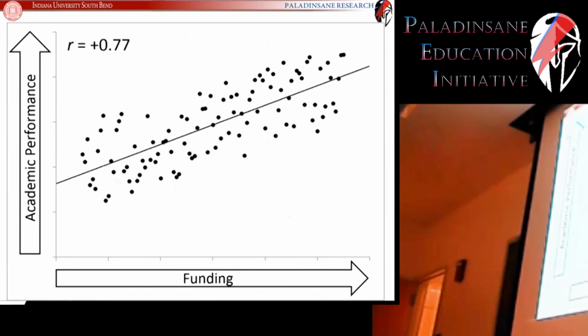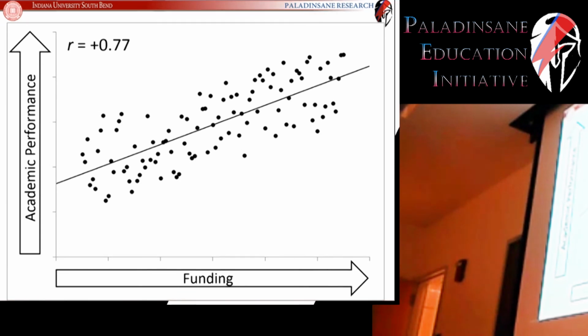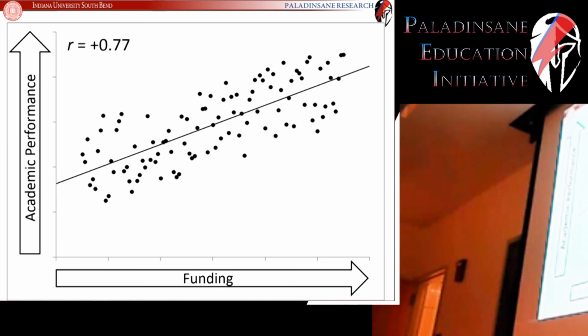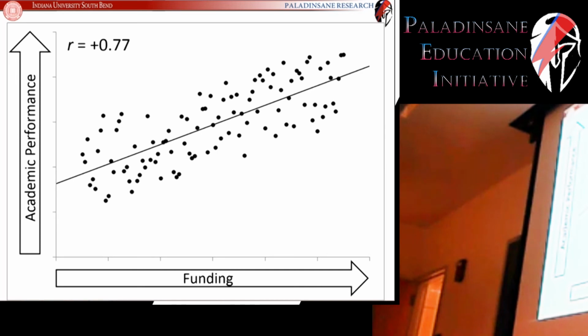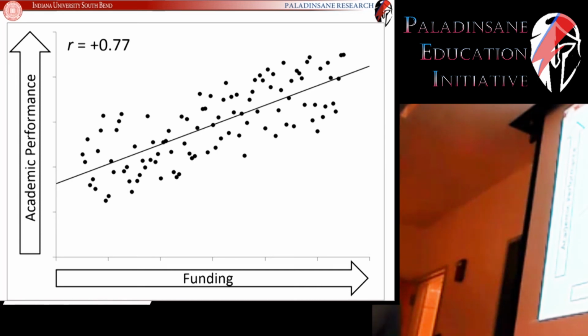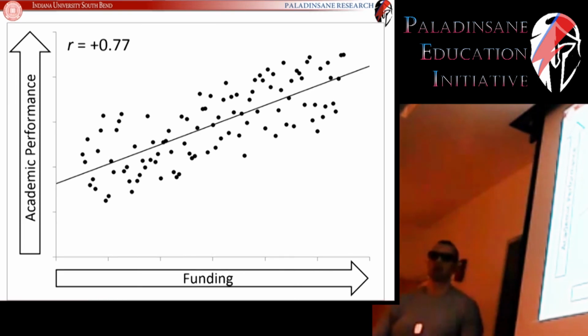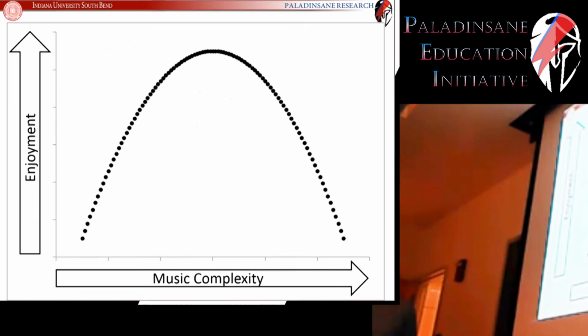So this relationship between funding and academic performance can be best fit with a straight line. That's a pretty good line to draw through these points. Sure, it misses some points at the top, it misses some points on the bottom, but in general, it's close to most of these points. That's a linear relationship. Curvilinear relationships don't work the same. So here